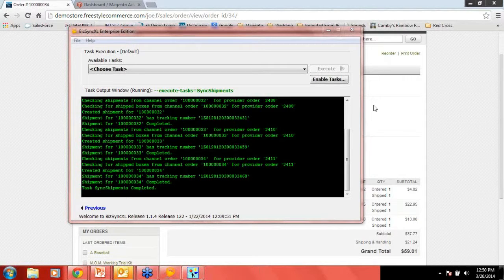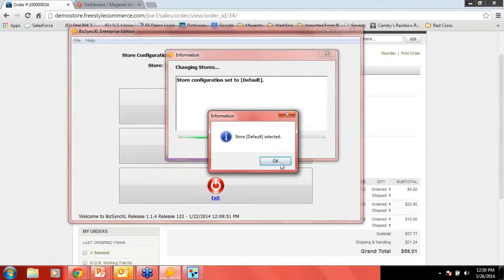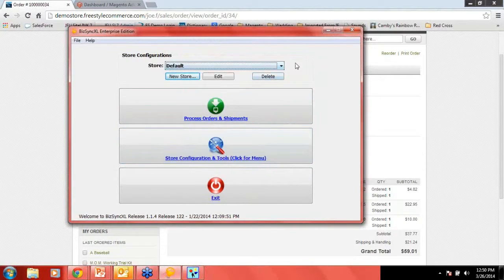Yeah, that's a great question. We have the ability, if you can go to the previous screen there, on the BizSync, you can show preview. And then you can see at the top where it says Store Configurations. Joe has one store set up right now, but in there you can create multiple stores. Just hit new store here, and then you can create a whole new configuration for your multiple Magento stores